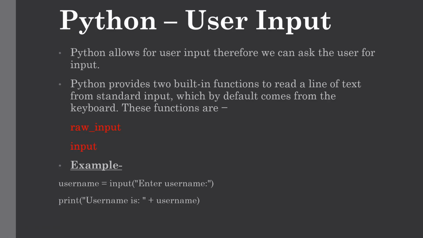Our next function is raw_input. This function works in the older Python versions. This function takes exactly what is typed from the keyboard and converts it into a string, and then returns it to the variable in which we want to store it. So the input function is equivalent to the raw_input function, except that it assumes the input is a valid Python expression and returns the evaluated result for you.